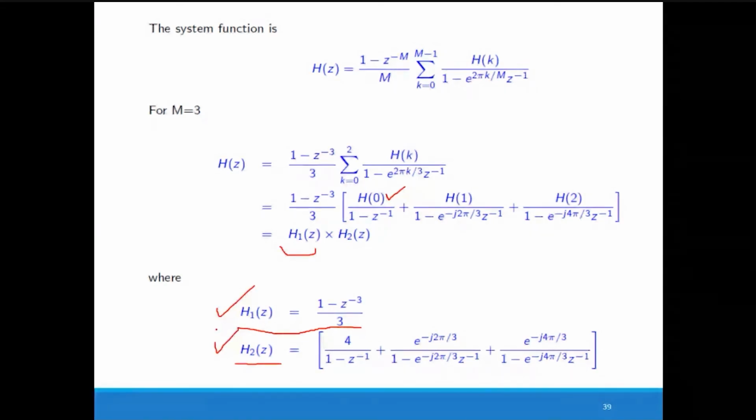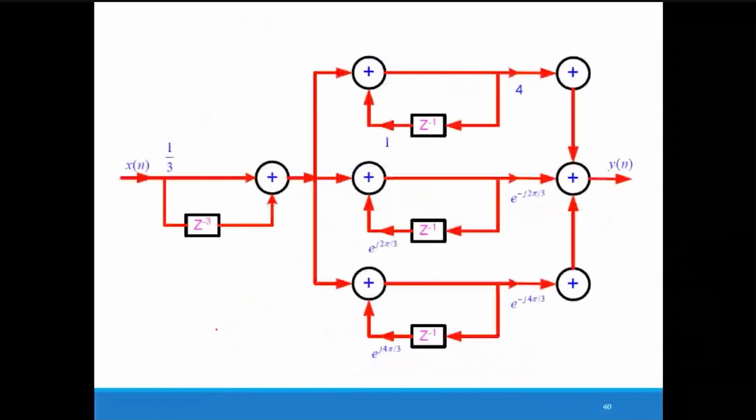Compared to the previous one, where we implemented the terms after converting them to real terms, here we are deriving the complex terms and going for the implementation of that. So here you will not find the ak and bk coefficients. Here your answer is in the H0, H1 and H2 notation. Okay, so this will be the final structure.